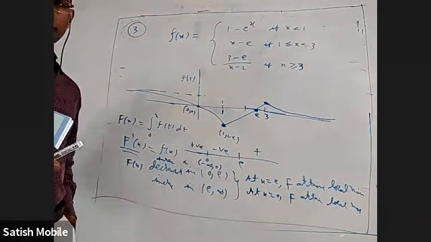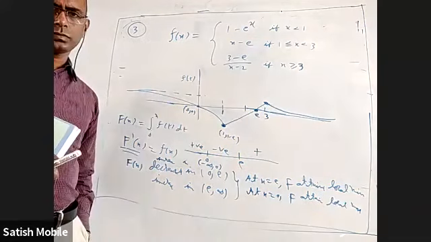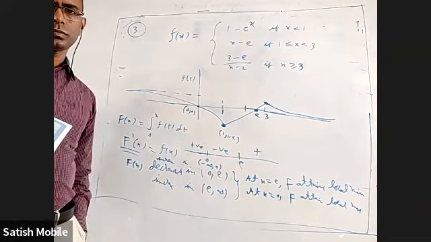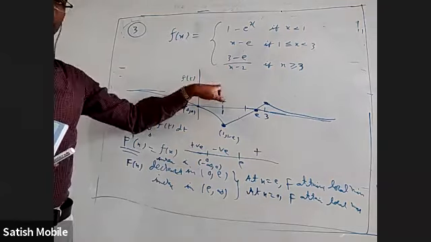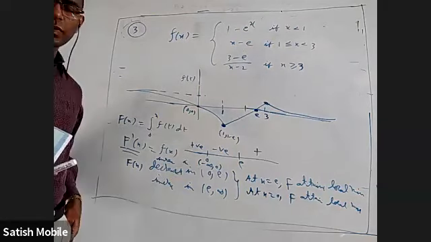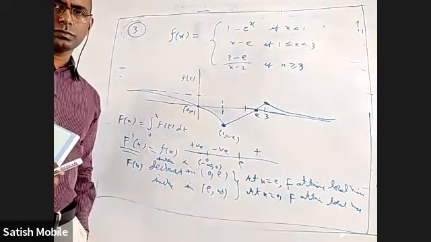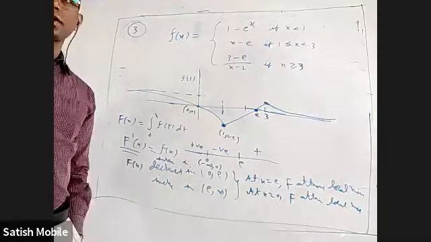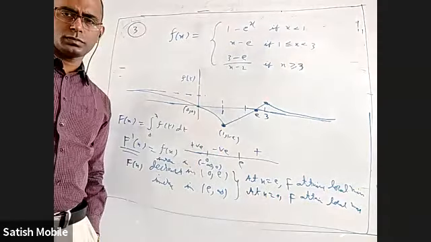Then if you are still not clear, or are you clear now? Explain again, sir. Okay. Small f of x is this. The graph of that is this. Do you have any problem with the graph, Dhanush? Do you have any problem with the graph? I should explain the graph also. Okay.